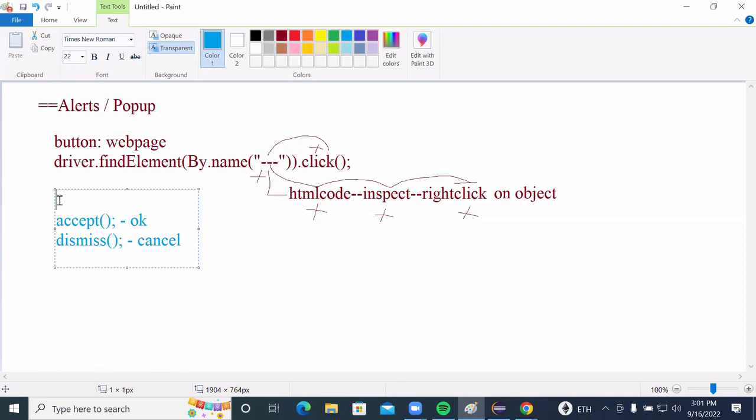Now what are the methods we got? Accept and dismiss. Are these predefined methods or user-defined methods? Predefined. Meaning of predefined: which has been already defined. So the Selenium team provided all these things. We are not worried. So we work with these two particular methods,